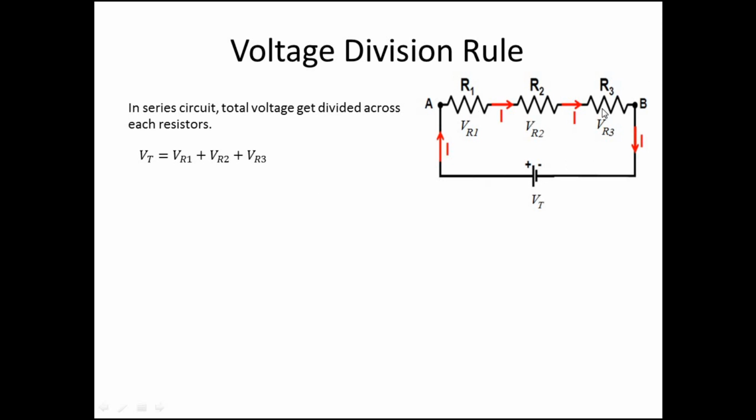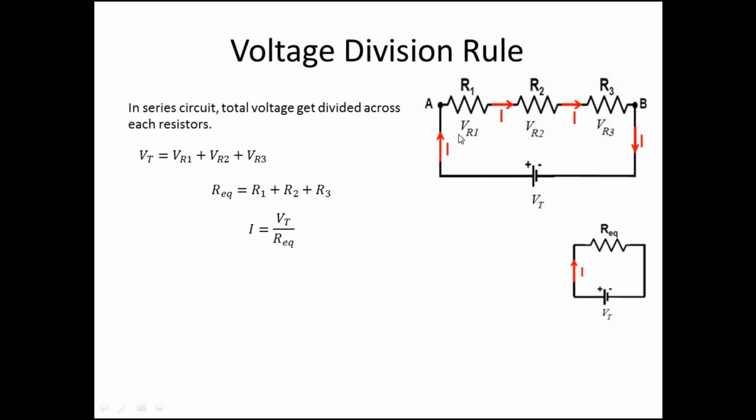We know that for this series circuit, the total equivalent resistance will be equal to R1 plus R2 plus R3, and we can replace these three resistors in series by a single equivalent resistor R equivalent. Now we can find the current I by applying Ohm's law. For a single resistor R equivalent, I and Vt, the relation is I equal to V by R. So I equal to Vt by R equivalent, where R equivalent equal to R1 plus R2 plus R3. So now we got I.